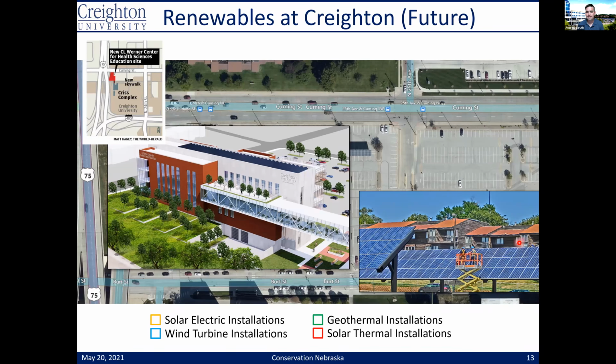So we're excited for that. My students, they don't know it yet. They'll know it in the fall when they get back, that they get to be part of the decommissioning of this solar array and then the recommissioning of it. And so it's going to be a great opportunity for our current cohort of students.